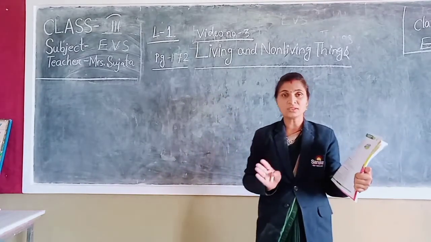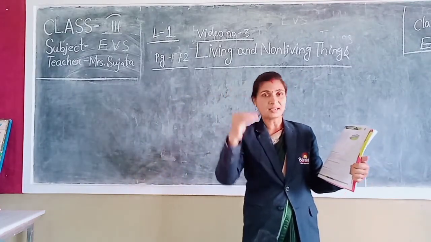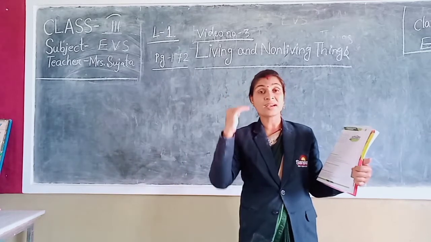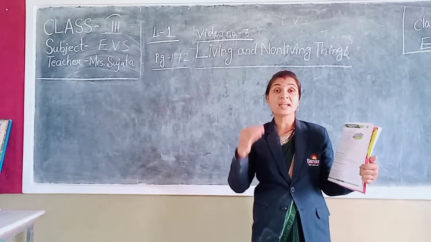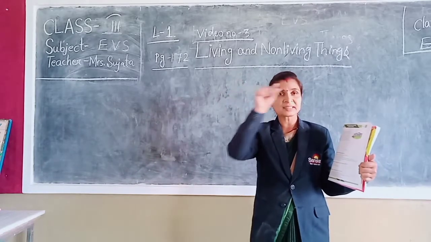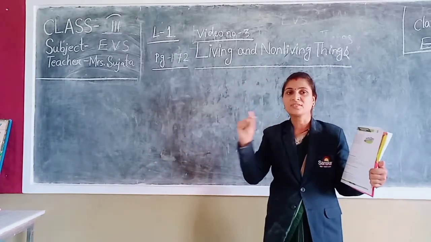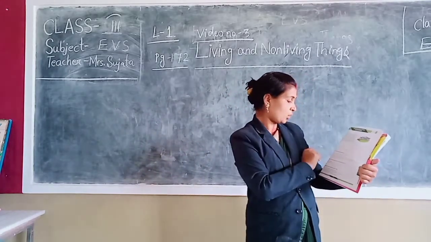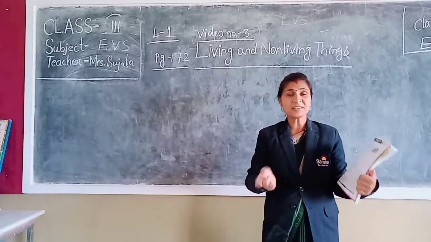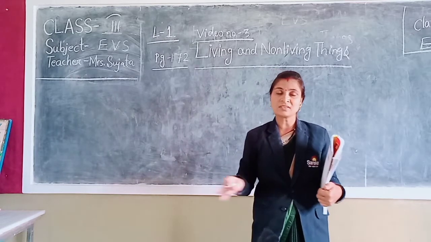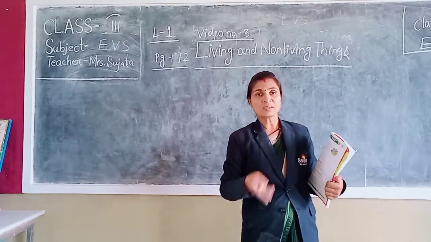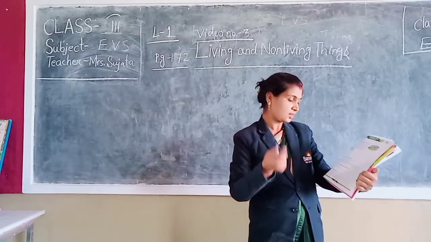Already I taught the common features of living things: they occupy space, they are made up of matter, they have size, they have shape and they have weight. These 5 things point wise you write neat and clean. Okay. Number 2. What are non-living things? Those who have no life, that are called non-living things. Example, table, chair, etc. You can write.